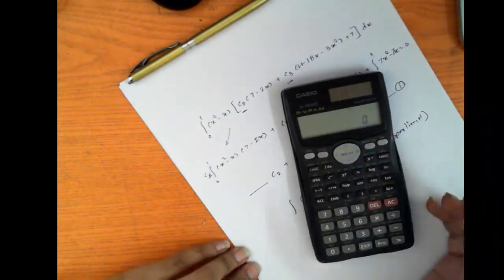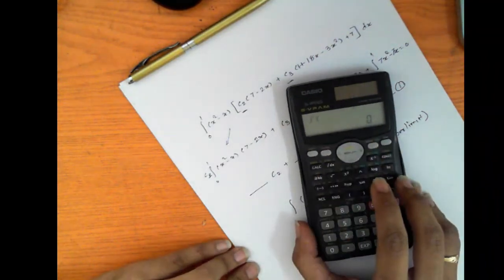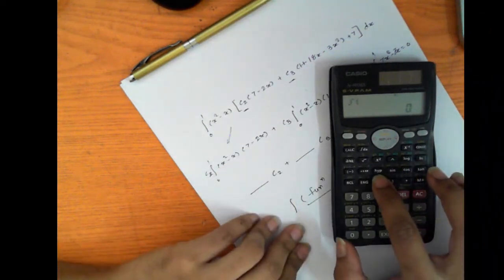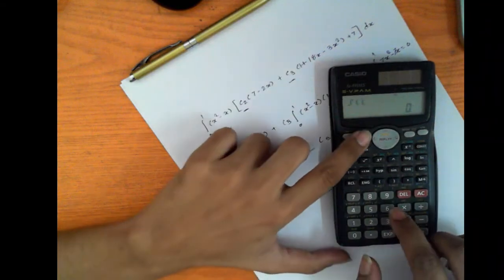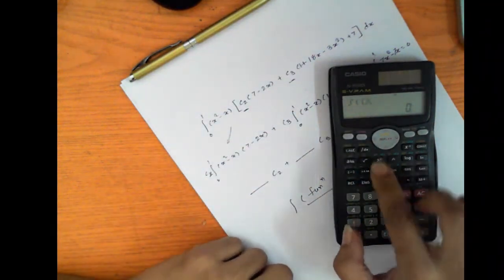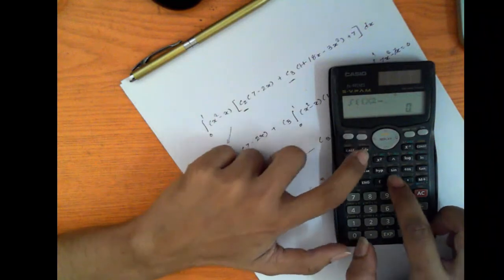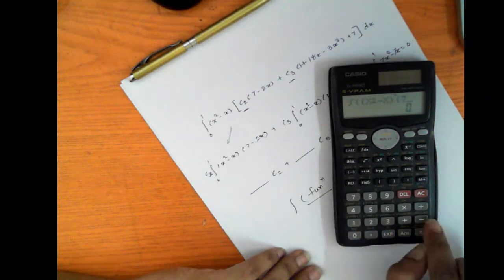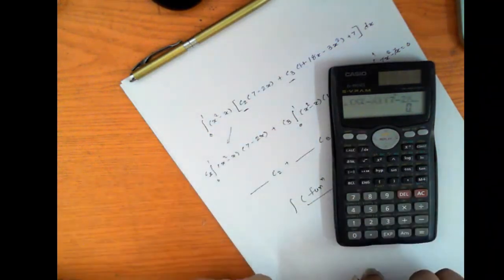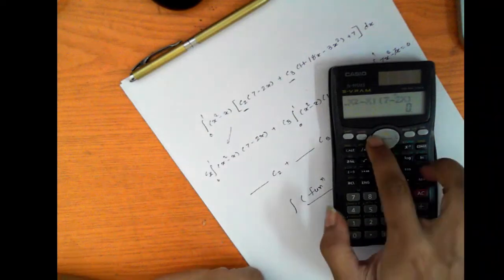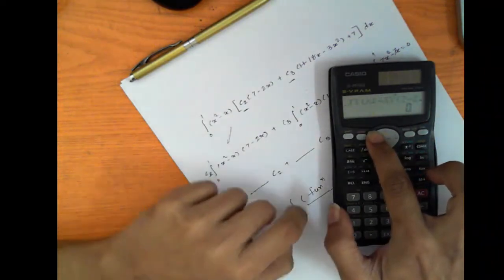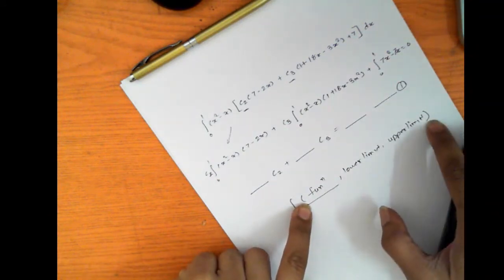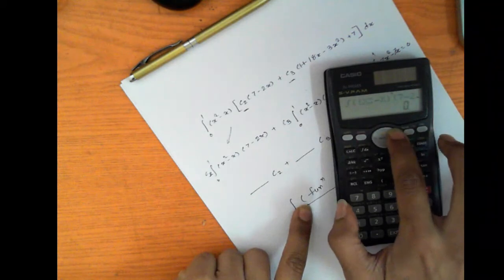So I am just writing one function here, integration symbol. I am using this x square, so I am using one more bracket for that. Shift and x is my variable, square, minus shift x, first bracket complete, into 7 minus 2x, bracket complete. This is my function. Okay, the first bracket is for the integration bracket, this one, so we will be closing it at the end. Okay, so I have a function now.